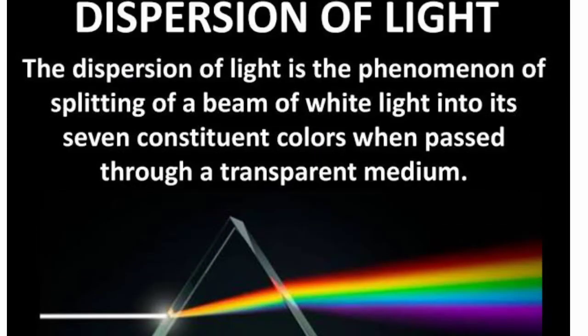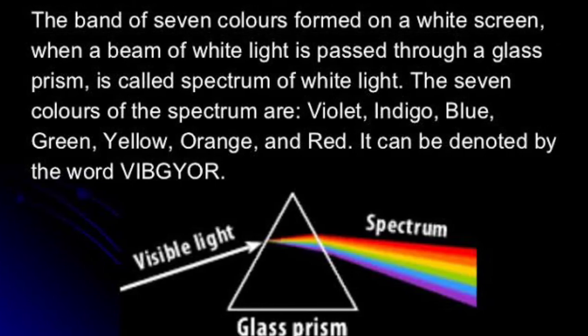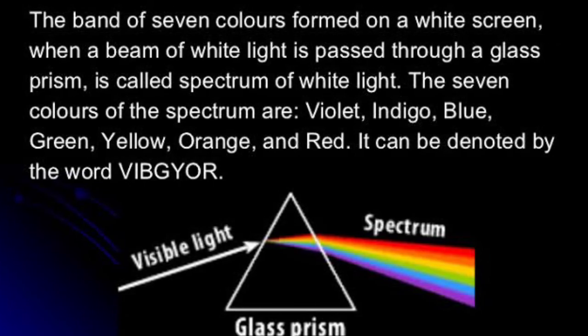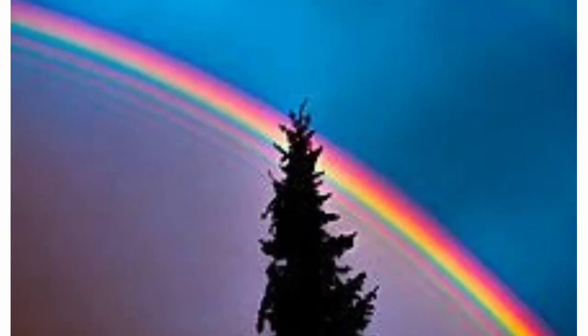Dispersion of light. We know that white light is a combination of 7 colors. So when white light is made to pass through a prism, it splits into a band of colors that make up white light. This phenomenon of splitting of white light into its component colors is called dispersion of light. And the set of colors formed on splitting of white light is called the spectrum of light. An example is the rainbow. Rainbow formation is also an example of dispersion of sunlight.